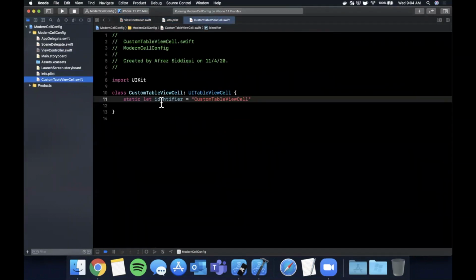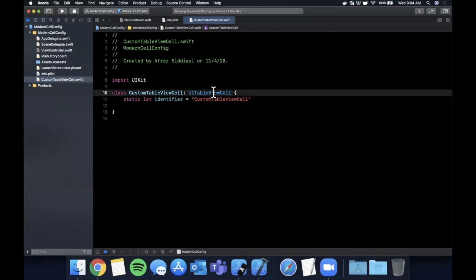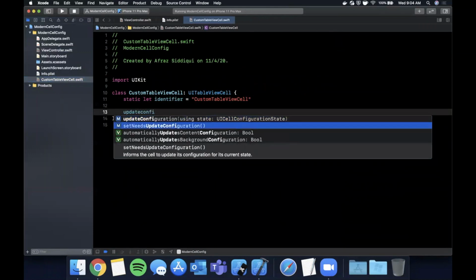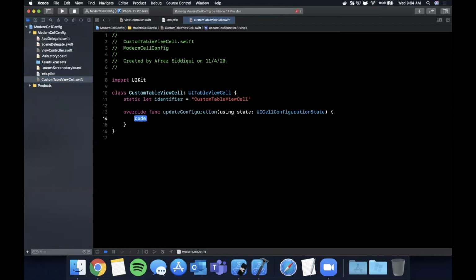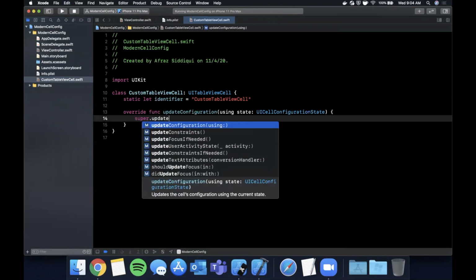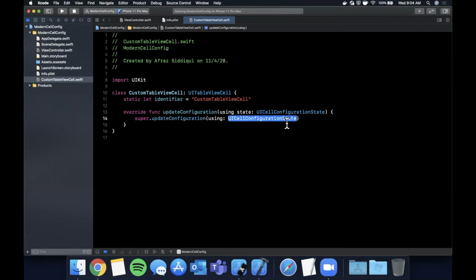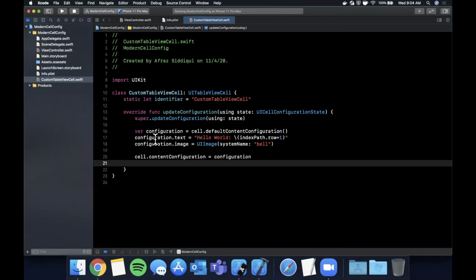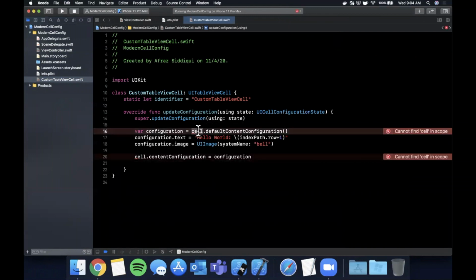And there's actually a new function available in iOS 14 on the subclass, if I'm not mistaken, called update configuration using state. This one right here. So as the name implies, well, first we need to call super update configuration using state because we're overriding this. And let's go ahead and paste that code in there. And what we can actually do is get rid of all those cell calls